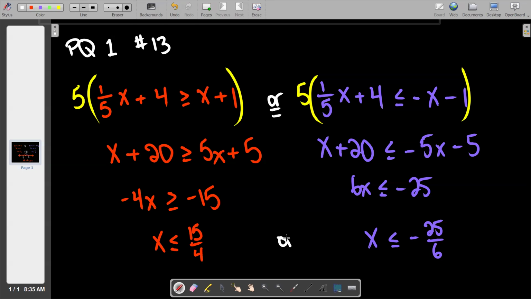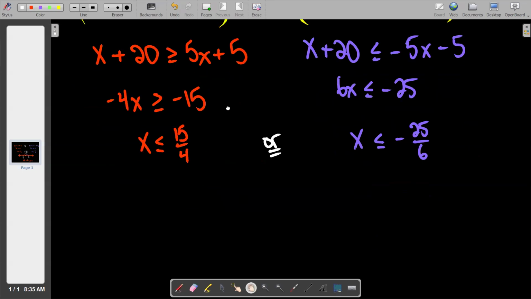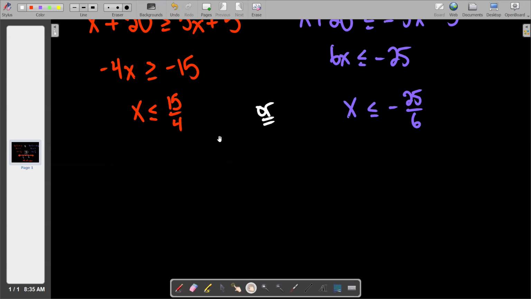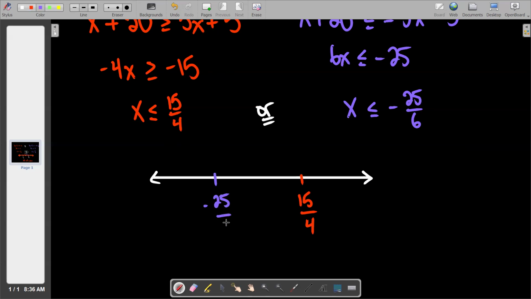So this is one of these that we're more kind of used to seeing with the ors, where they kind of wash over each other. They don't wash against each other like we saw a few minutes ago on that one that Irene asked about. So this one, they both go to the left. So again, we would draw a number line, remembering again that this is not a finished product number line, but rather just a showing my work number line. So if I start with 15/4 over here, and then negative 25/6 over here, what happens is they both wind up